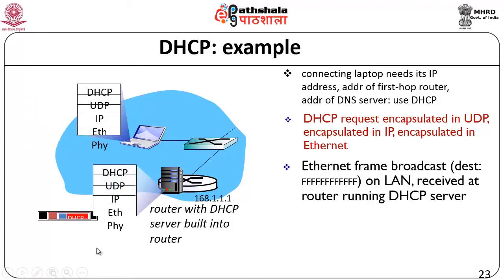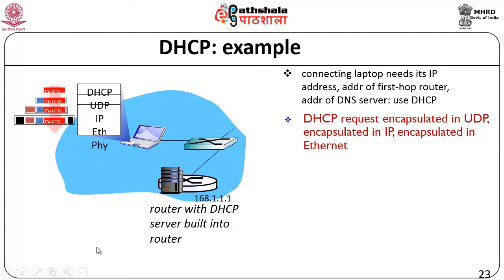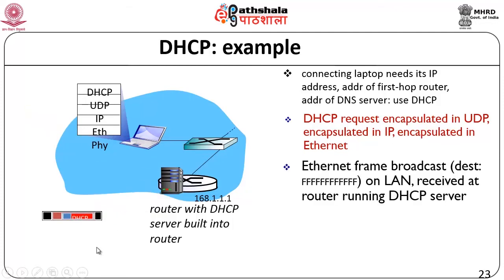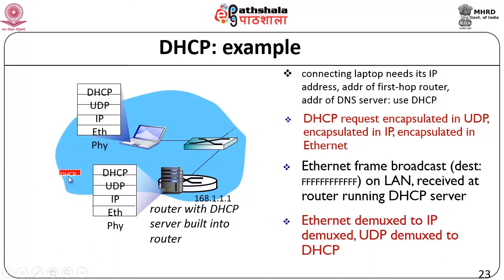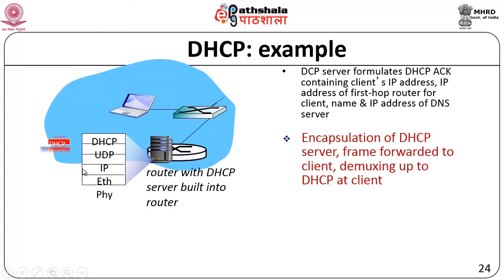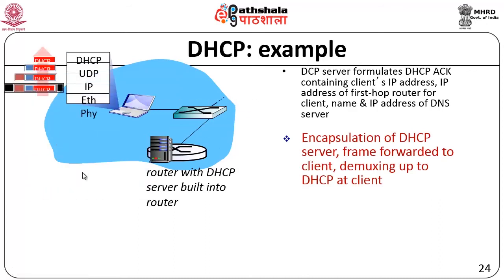So at the physical layer of the DHCP server, it is picked up and sent to the DHCP server program, which is running at the application layer. In response to this, the DHCP server now sends out an offer. You can see again that it is broadcast, and it goes through the physical layer all the way to the DHCP client. So this process is what you need to be aware of.